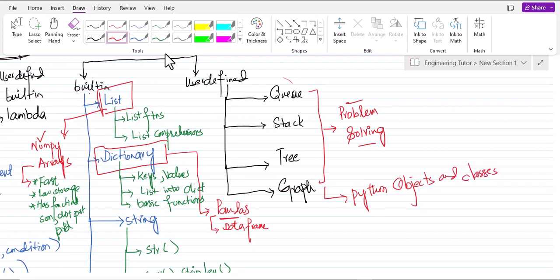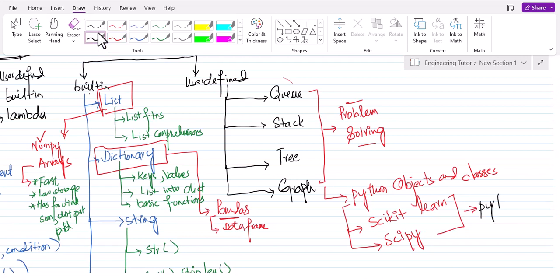Similarly we can also use here scikit-learn and scipy, which are also Python libraries. In order to deploy these libraries, we have to install them separately by using the command which is called